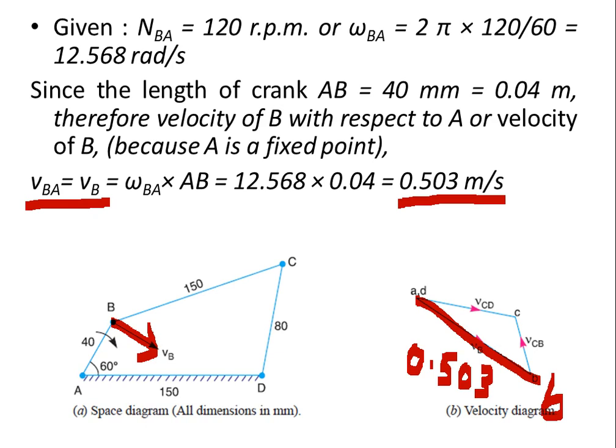So the direction is from A to B, like this. Why did we take the direction in this manner, why not like this? Perpendicular means the perpendicular in the opposite direction is also possible. We will not take this, because in the question it is given as clockwise direction, meaning the link AB is moving in clockwise direction. So perpendicular to that link in clockwise direction, this will be the velocity. Okay, so we have taken from A to B in this direction. This is the initial direction.